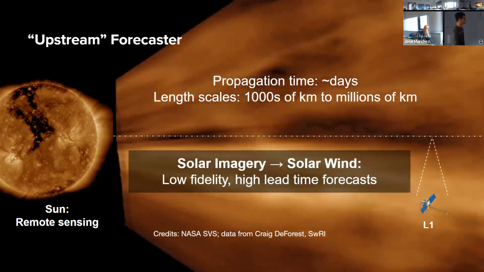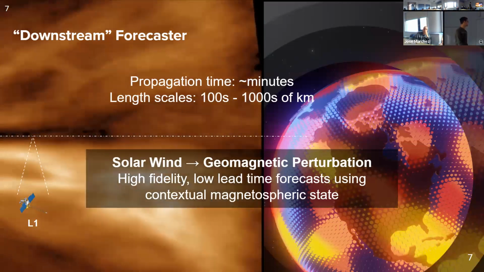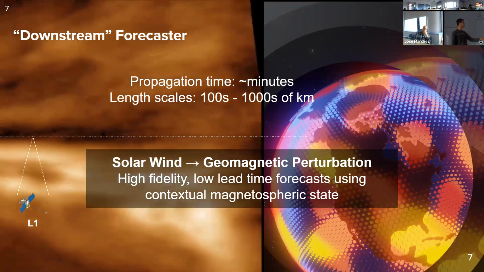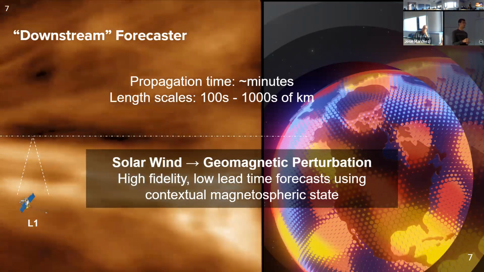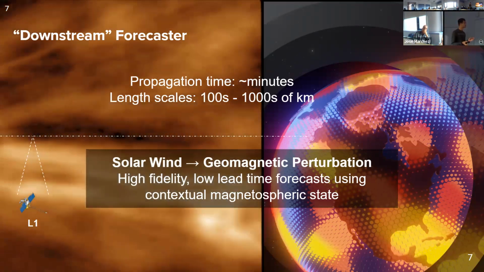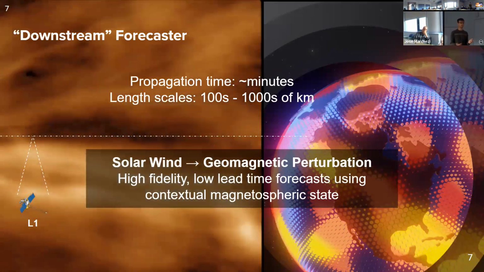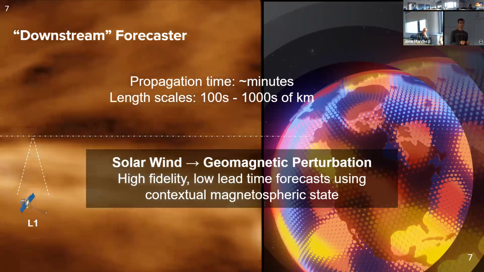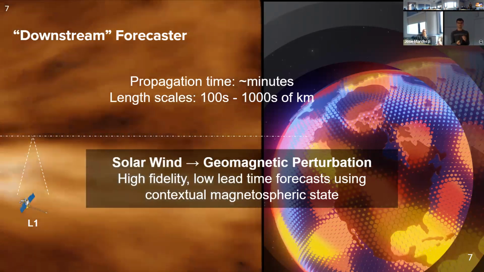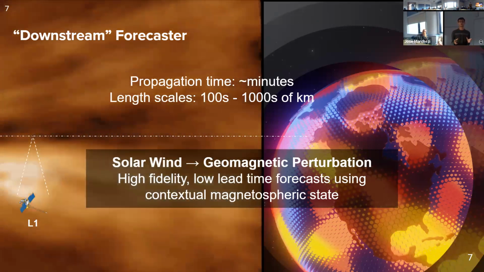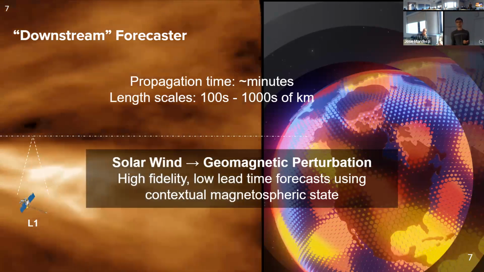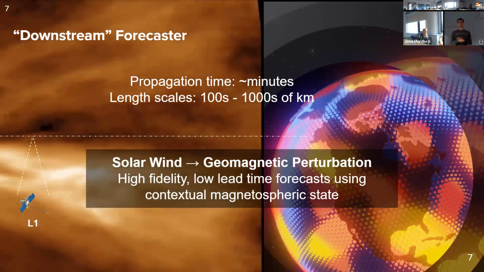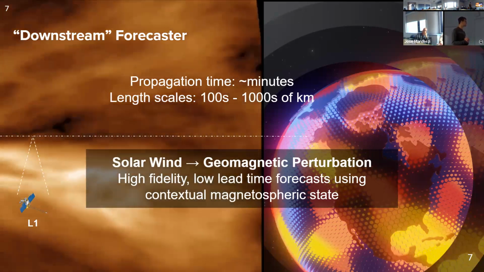And then we have a downstream model flying over here. Given L1 data, what are the geomagnetic perturbations going to be? This is also regression, and we do this in kind of an interesting way. In order to deal with the localized nature of the geomagnetic perturbations, we don't predict the values of the perturbations themselves, but rather a spherical harmonic representation of them, so that we have a series of spherical harmonics fit to ground truth data, and those allow you to get a global picture of what's going on. You'll see that in a second.